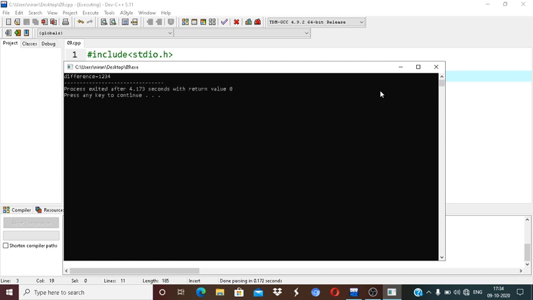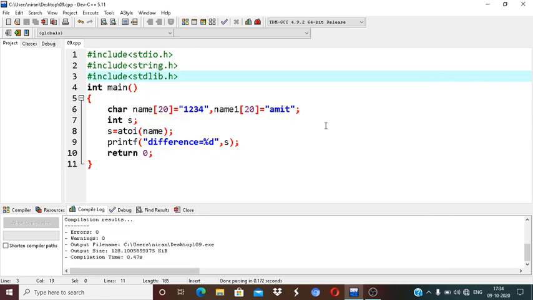With 1, 2, 3, 4, it will be used to convert a string of digits to the integer value. So the atoi function is a C library function. If you use this function in your program, you must include the header file stdlib.h. It is used to convert the string of digits to the integer value. I can show you in the picture, but I do not want to expand this video.